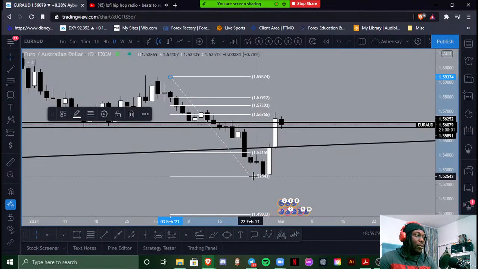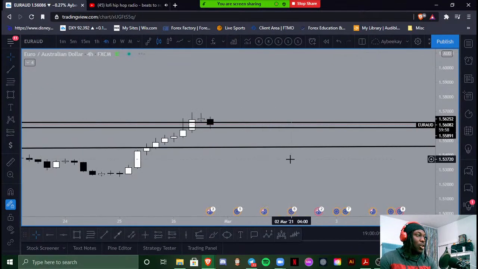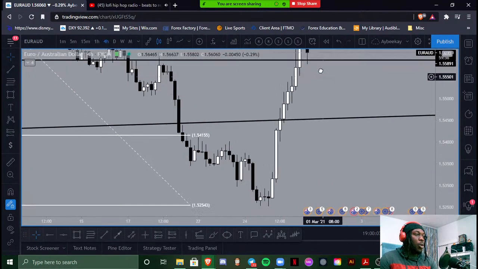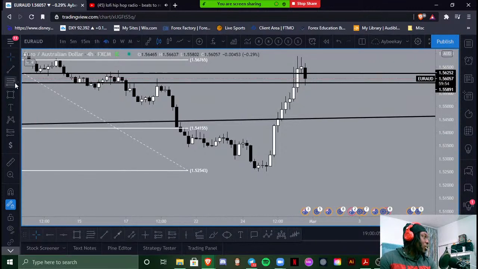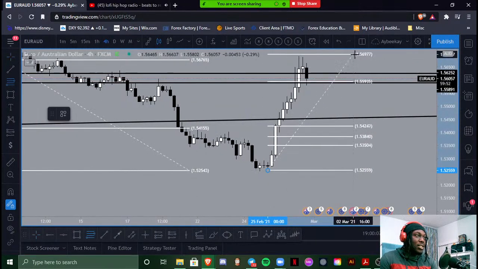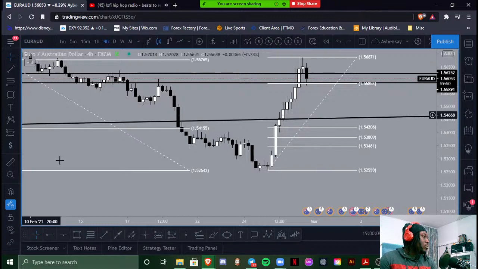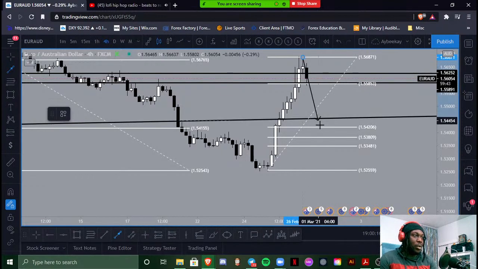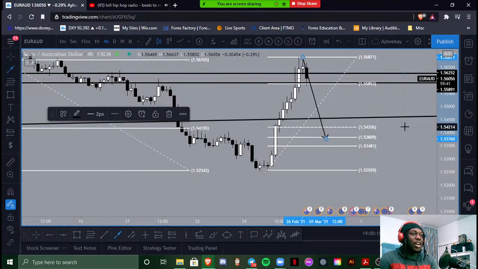What could very well happen right here? Let's push that to the side. Go into the 4-hour time frame. What could very well happen here? We all know that if I was looking for buys, well, not we all know. Let me not say that, but for those who have been seeing my trading for a while now,